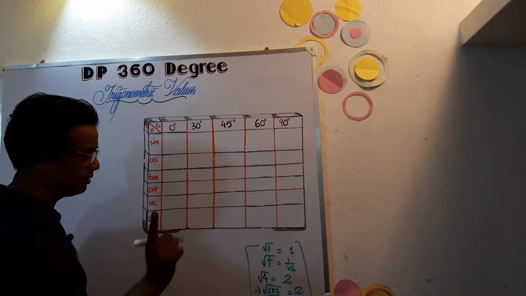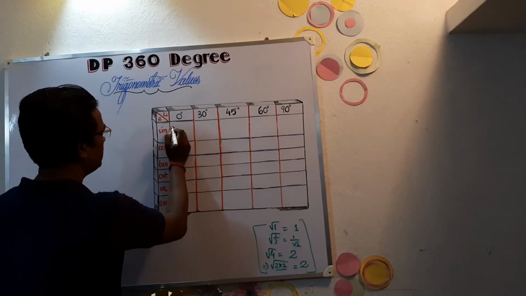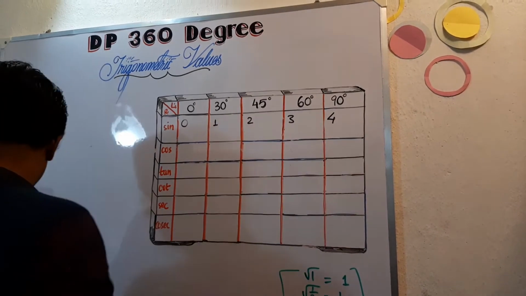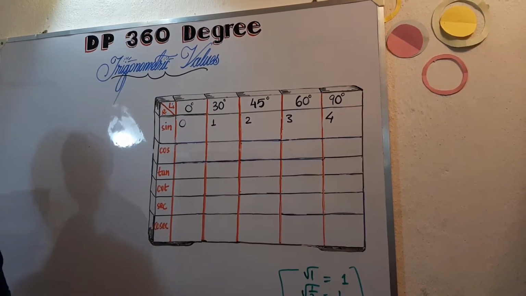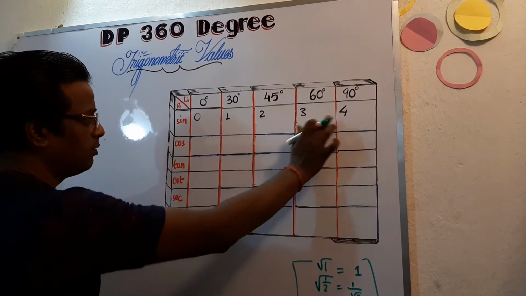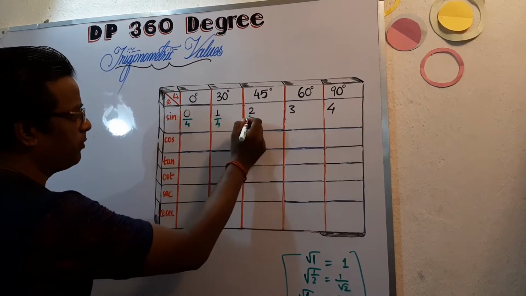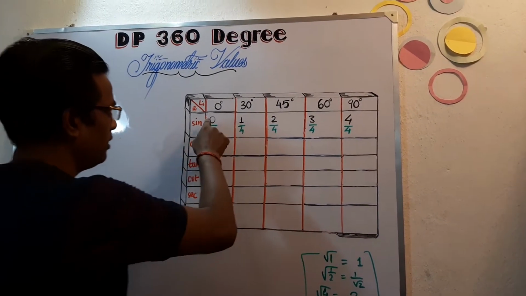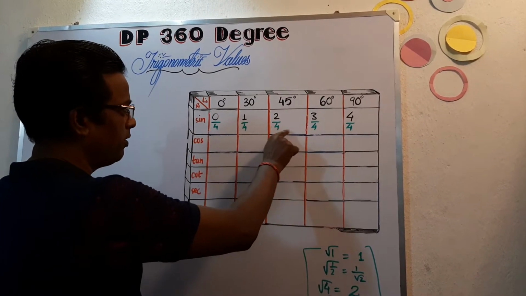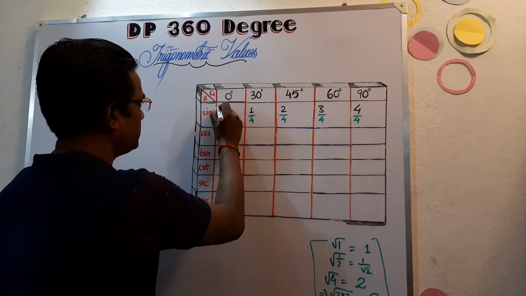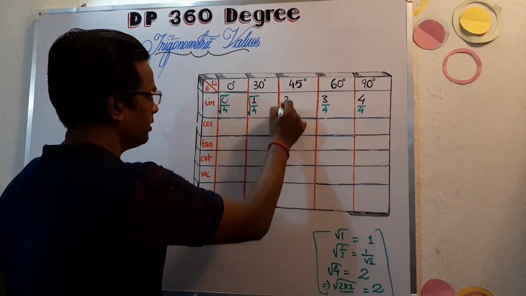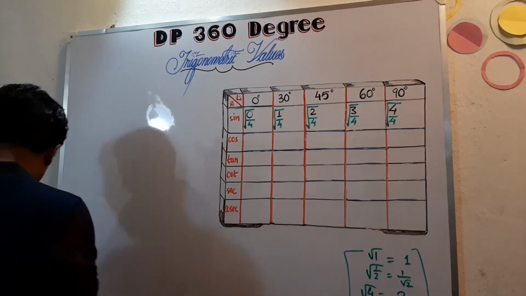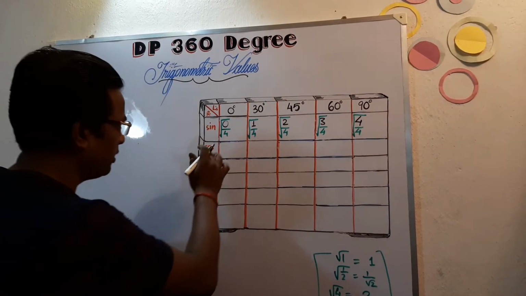Now first thing, a very important point, you just have to write 0, 1, 2, 3 and 4. Divide all of them by 4, like 0 by 4, 1 by 4, 2 by 4, 3 by 4 and 4 by 4. I repeat the process once again: 0, 1, 2, 3, 4, and then divide all of them by 4. After that, the third step is to take the square root of the whole fraction here. Square root of 2 by 4, square root of 3 by 4, square root of 4 upon 4. Do this. Now we are very close to exploring the values for sine.